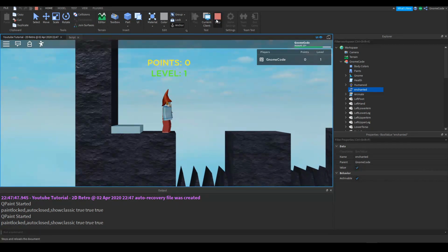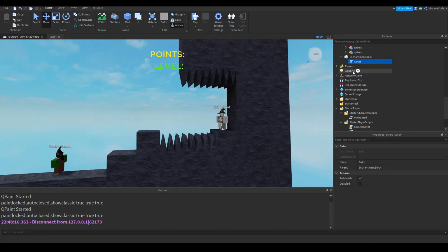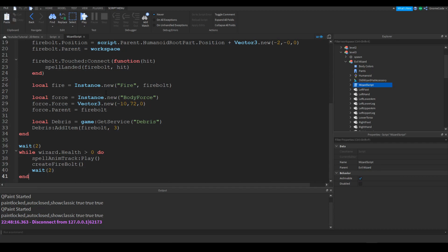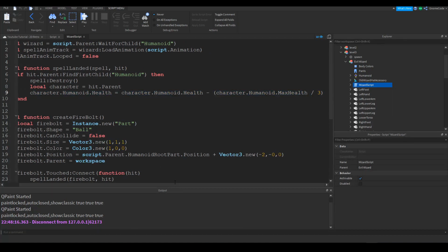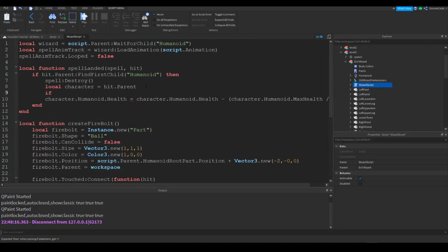Super. So all we need to do now is change our firebolt script. We'll go and select the wizard. Get the wizard script, and then on this line here, line 9, where we damage the player, we damage what it hits, we need to change that a bit, don't we? We'll add an if statement. We'll say if character